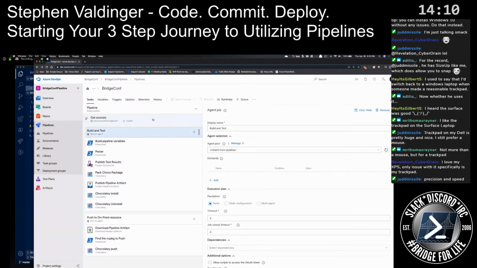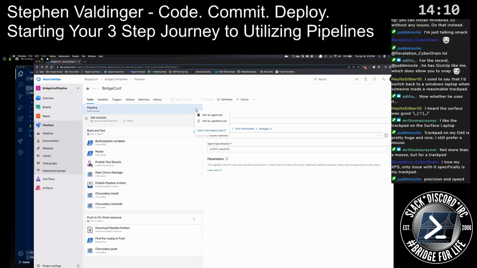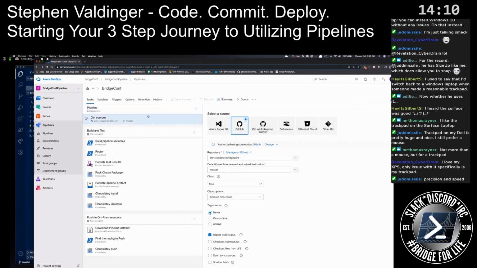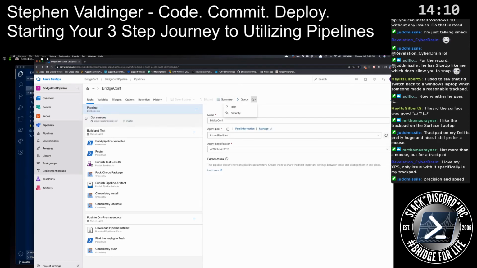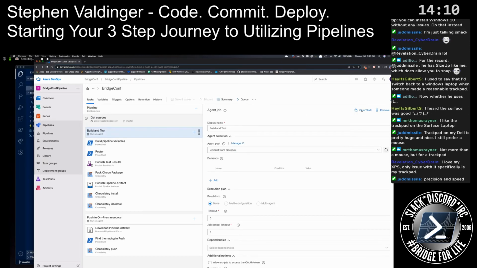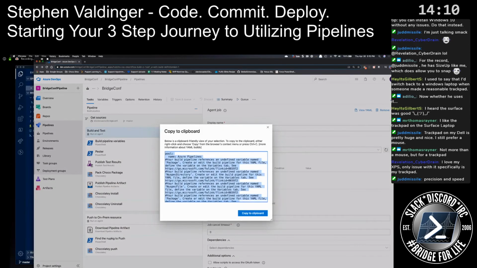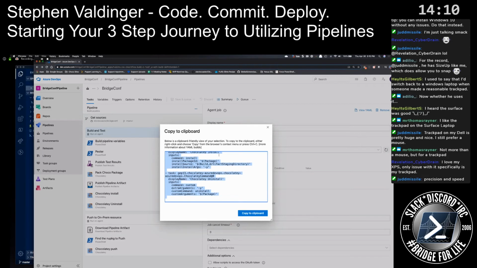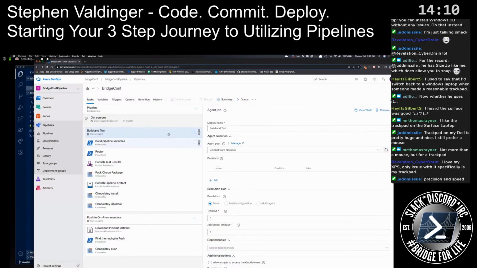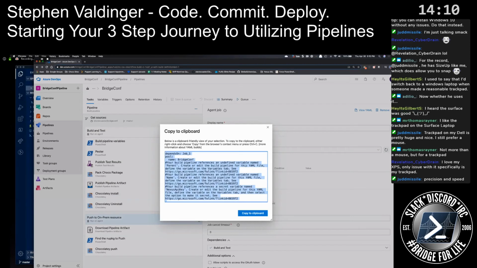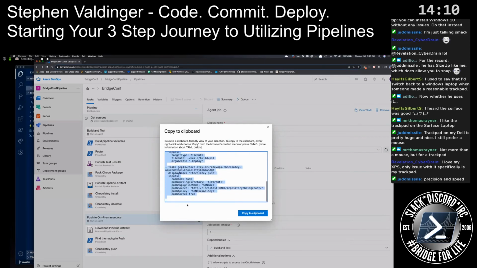And there is a way somewhere where, there we go, view the YAML of this. So here's the full YAML for this entire section of the pipeline. And similarly, if I were to come down here and view this YAML, it would be